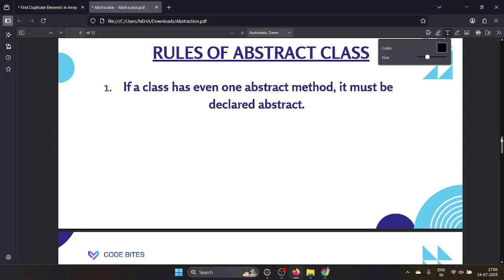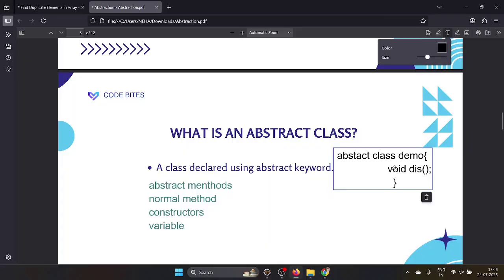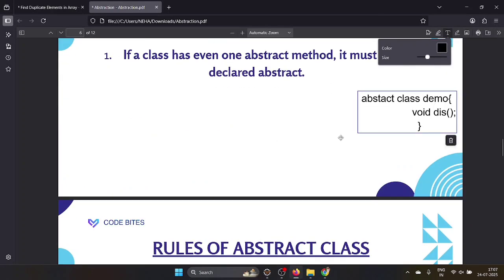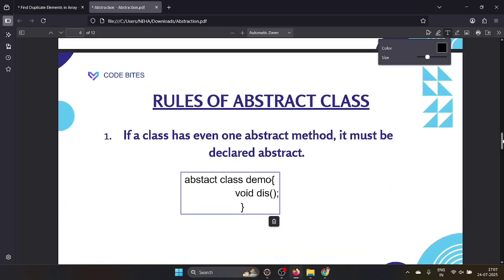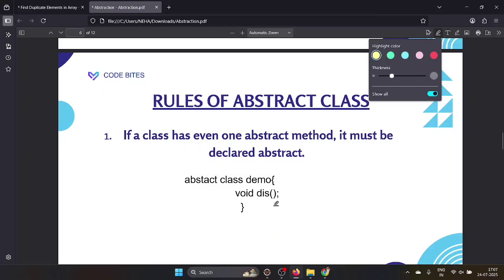I told you that here. If a class has even one abstract method inside it, you must declare the class as abstract.